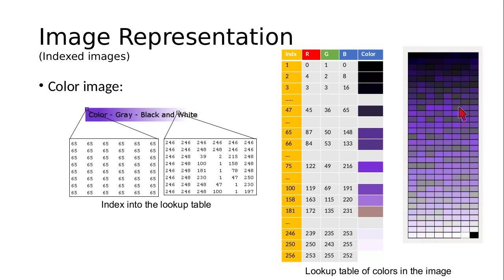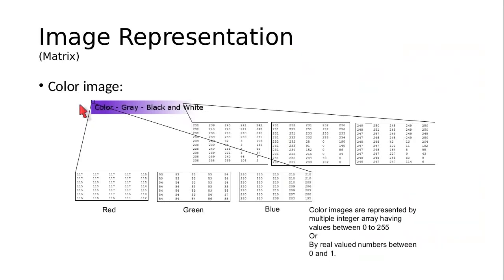For example, in this image the colors would be these, right? So you might have 256 different colors which are coming from this image, or you may have 400 colors or 500 colors. Now instead of storing the RGB channels separately, what you do is you store only one value for every pixel. So here in the RGB representation of the image, you are storing red, green and blue separately for every pixel.